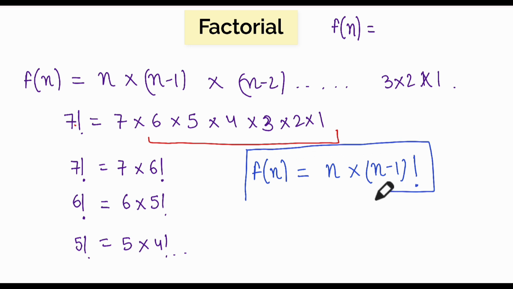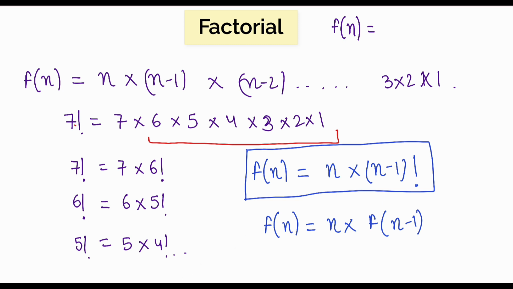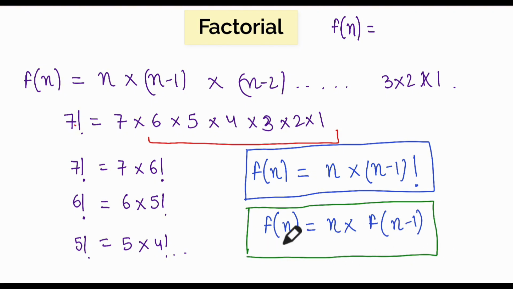Okay, so what does it mean? It means that factorial of any number n is equal to that number n into factorial of n minus 1. So if you see, this particular function can be created as a product of itself of a lower value. For example, a factorial of n can be broken down into a factorial of n minus 1, right? And this is where we derive the concept of recursion, that okay, I see that to calculate any factorial, I just need to calculate that number and then I call a function lower than this.